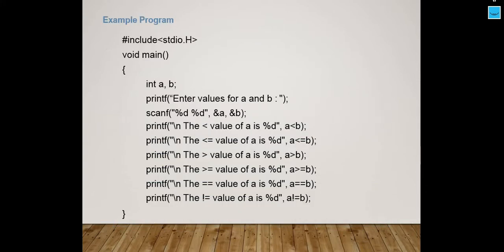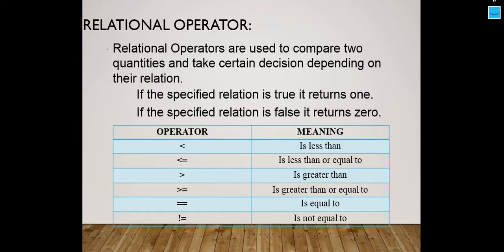So again we are instructing the user to enter two values, and then we are using those two values to use all the operators, I mean. So there is less than, greater than, less than or equal to, greater than or equal to, and then not equal to, right? I have already guided you on what equal to stands for in our previous lectures, and equal to is used to check whether A is equal to B or not.